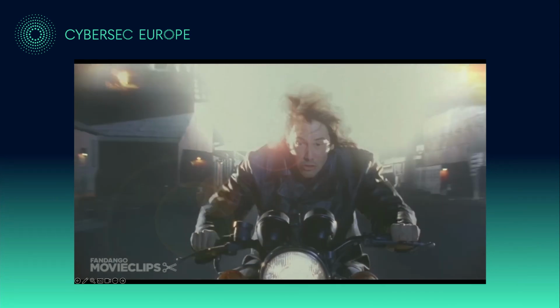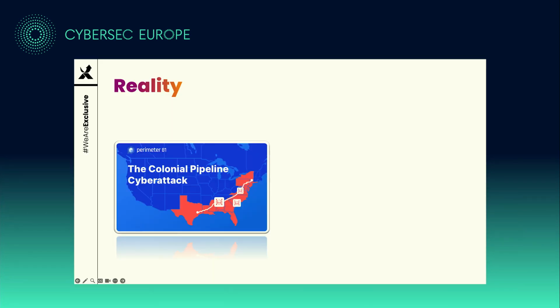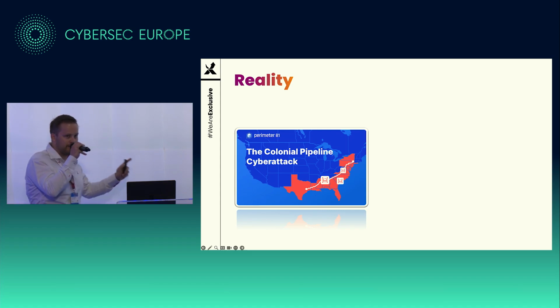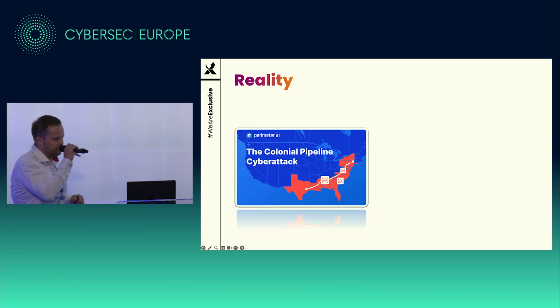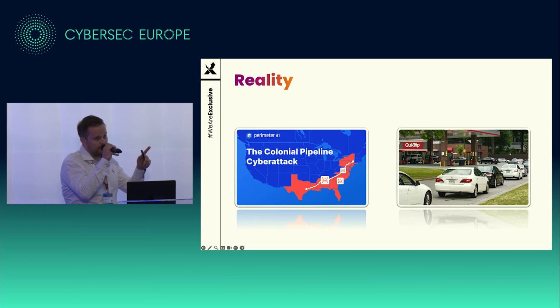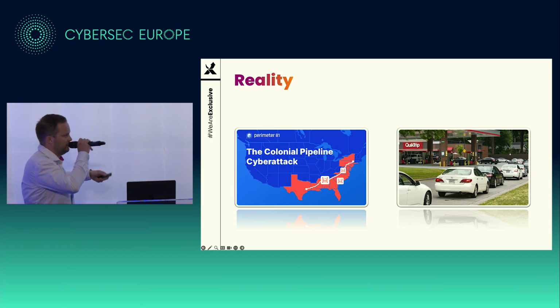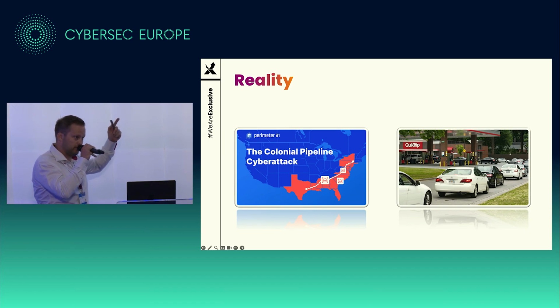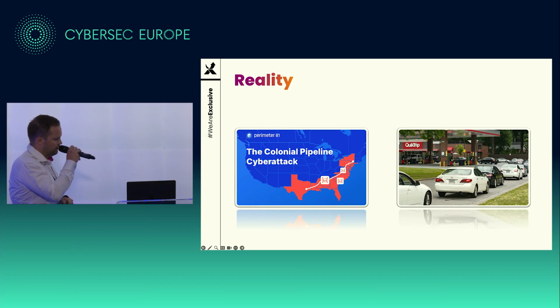Okay, maybe we exaggerate a little bit in this scenario, but what actually did happen was the Colonial Pipeline attack a few years ago. Does it ring a bell with anyone? There was a huge panic in the United States. Why? Because the IT environment was breached, and they were so afraid they would pivot to the OT, and they will pivot because there's always a link, that they just shut down everything for almost 3 weeks. That led to panic because there was not enough oil, not enough gasoline, whatever. So it was a nationwide panic, and that's what really started the more mature cybersecurity regulations in the US.